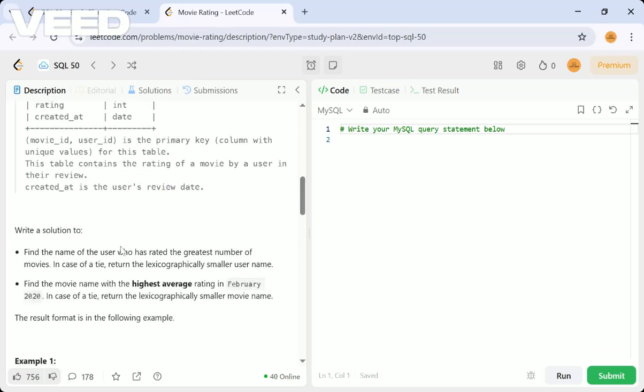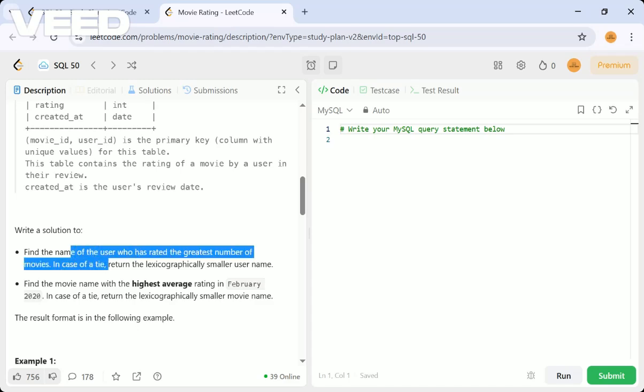Now what they're asking is to write a solution to find the name of the user who has rated the largest number of movies. For example, if there are five persons and all have rated only one movie, but the third person has rated two or more movies, that is the name they are asking for.